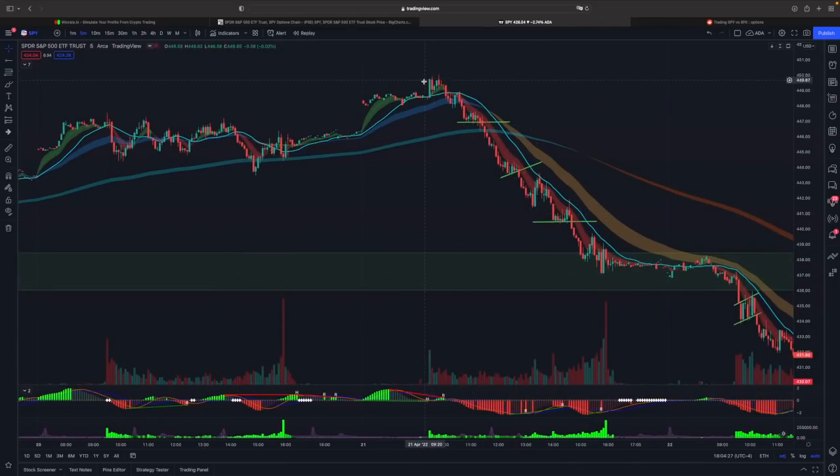Another example here, this was last Thursday, and you see around 11:30 it broke down, and the trend is to the downside here. All the EMAs are down. Trend is to the downside, and after 11 a.m. it created a new low, and the trend continues here.